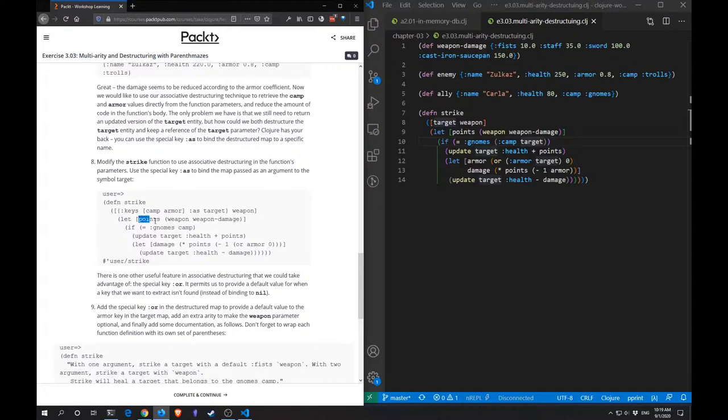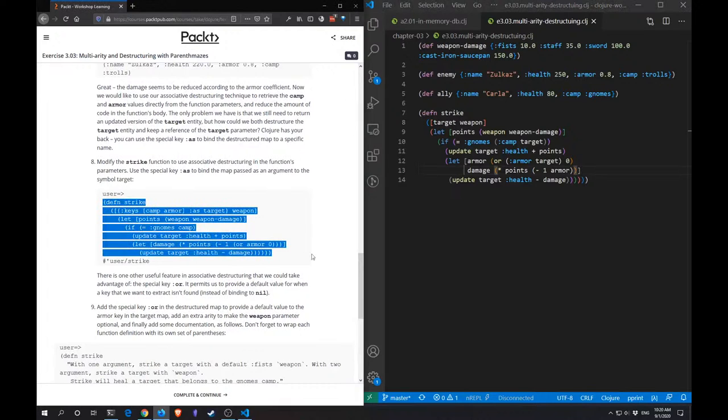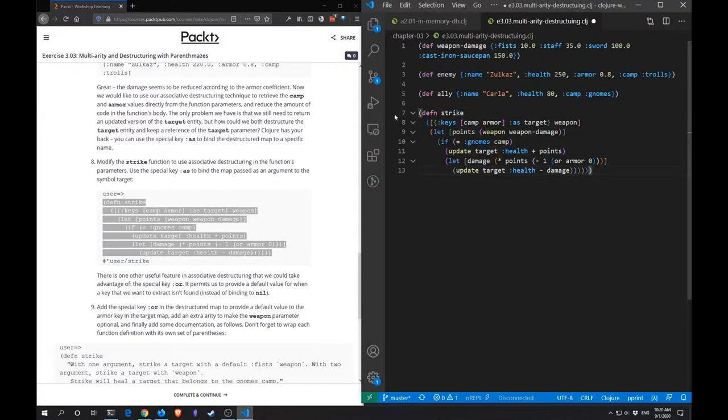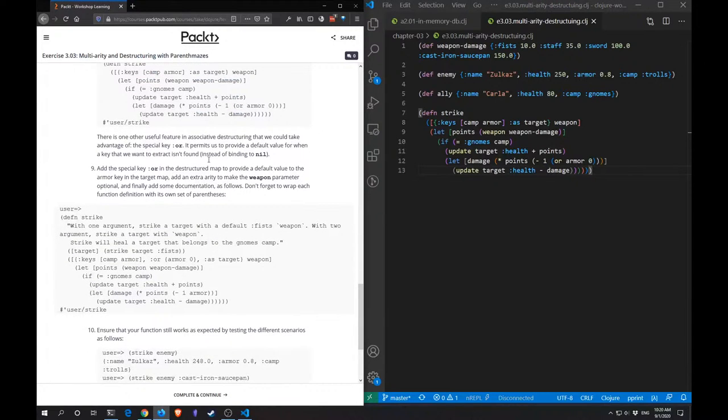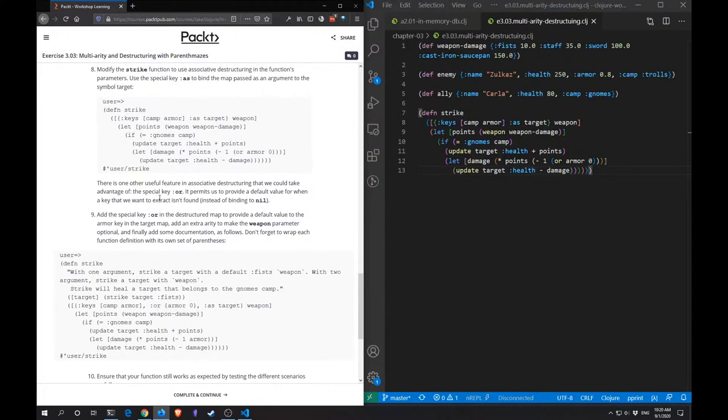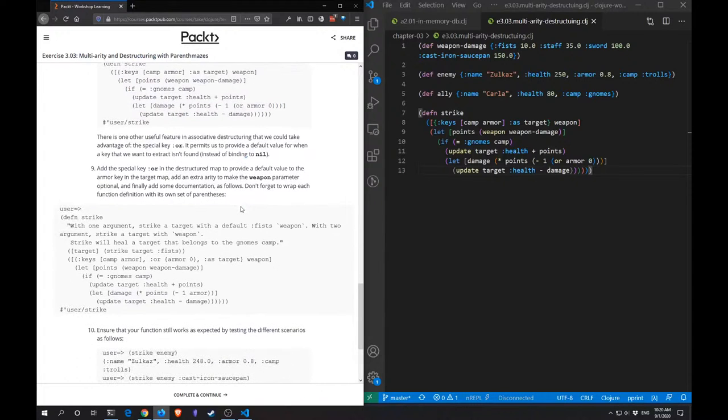Then we can simply use let points, we can extract the points using this, and then if norms camp we can update, and then simply we can calculate the damage like so. Okay, let's